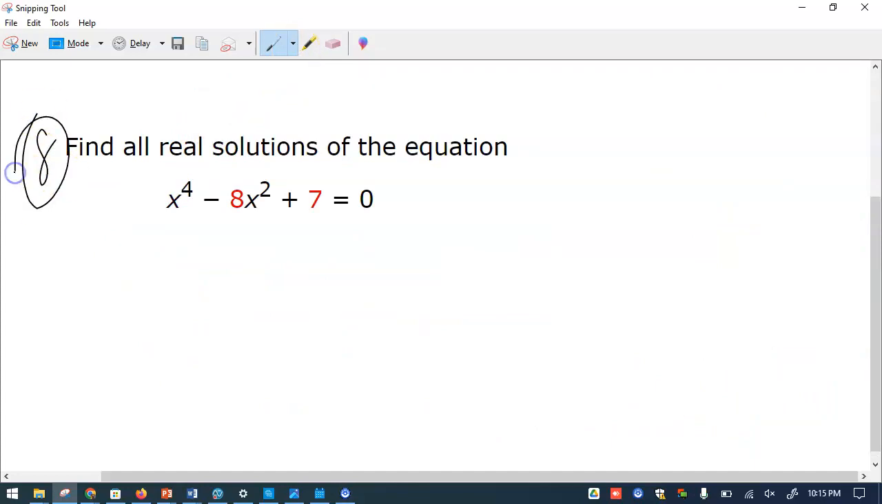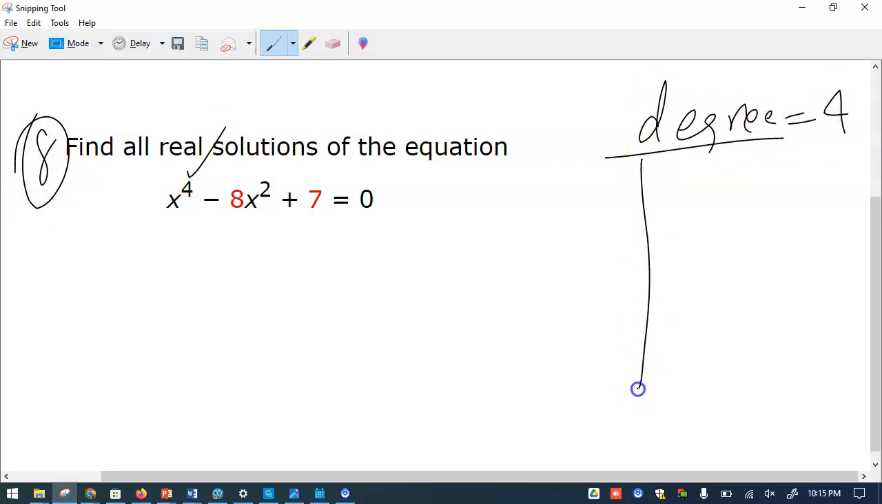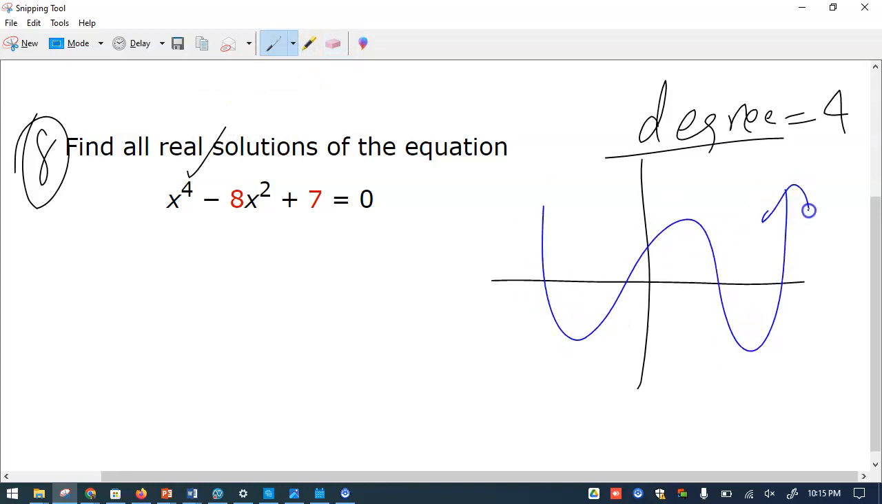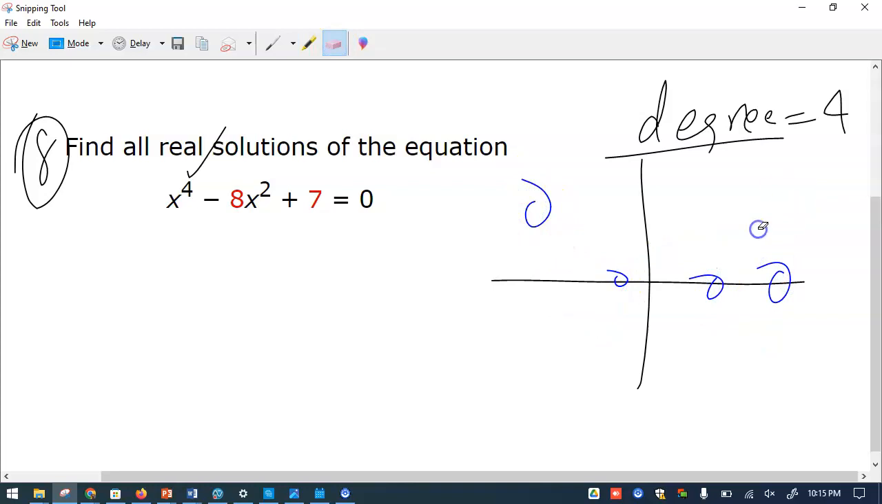Clearly, this is another problem. I'm doing problem number 8, and there's a 4. So that means degree is 4. What does this degree is 4 mean? That means your graph could be at maximum it can go 4 places, 1, 2, 3, 4, or it also could be